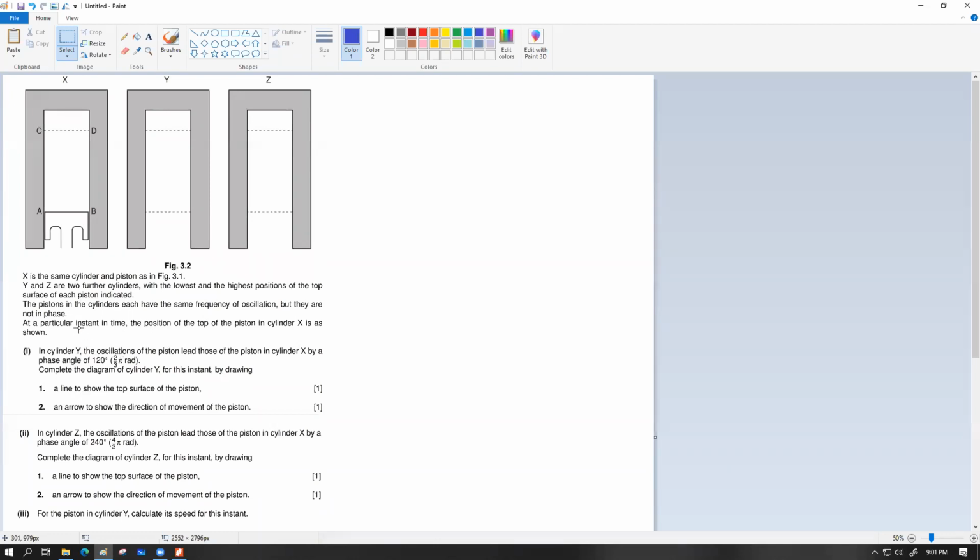Sir, the pistons and cylinders each have the same frequency of oscillation but they are not in phase. We have 3 pistons, not in phase. At a particular instant in time the top of the piston in cylinder X is as shown. In cylinder Y the oscillations of the pistons lead those of the piston in cylinder X by a phase angle of 120 degrees. এই যে leading and lagging এর কনসেপ্ট চলে আসছে।